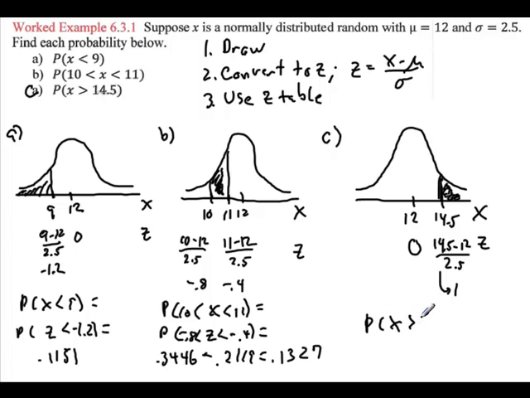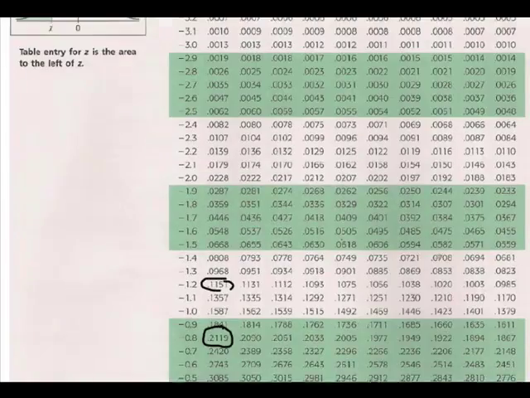Probability x is greater than 14.5 is equal to the probability that z is greater than 1. Since this is a greater than problem, remember, we subtract from 1 and use our complement rule because the table always gives us left tails. So it's 1 minus whatever the probability is when we look up the z value of 1.00. It's not 1 minus 1, which is 0. We have to, again, go to the z table, make this a probability first, then subtract, and we have our answer. So go into our z table, we look up 1.00, positive,